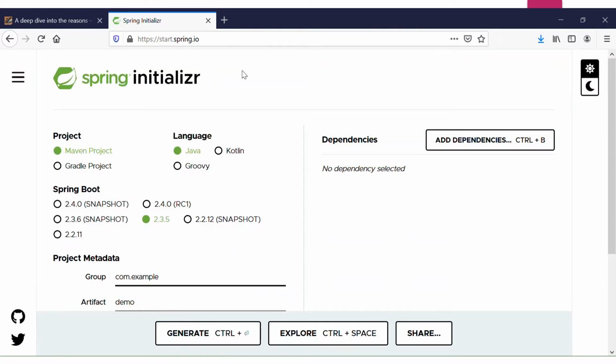So now we have the Spring Initializer over here. We'll be using this to create our first Spring Boot project, first application. For your knowledge, Spring Initializer is just a web tool that helps to generate a Spring Boot project quickly with the required project structure and every other setup that we basically need to get started.